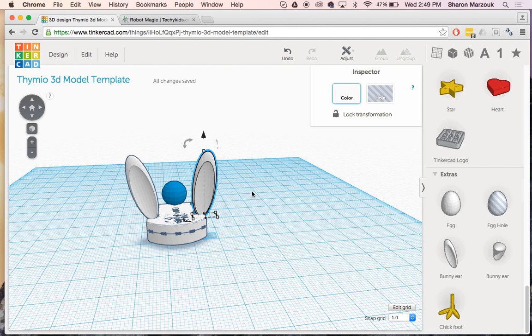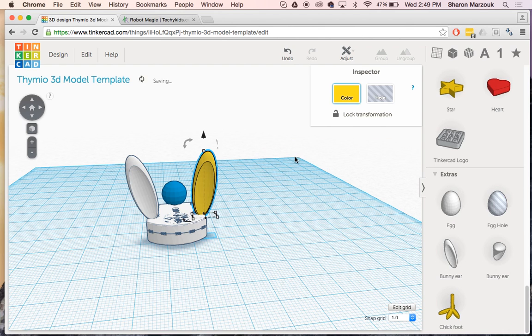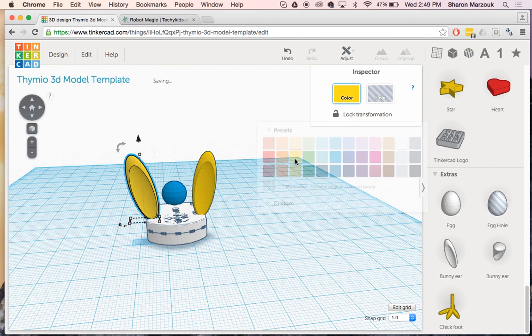If I wanted to change the colors, okay, so they have a bunny that is yellow and red. I can go ahead and I can make this yellow by clicking this color, clicking yellow, clicking this one, and clicking yellow. If I wanted to do what they have and have the red on the inside, I can start to be creative. What I can do is I can